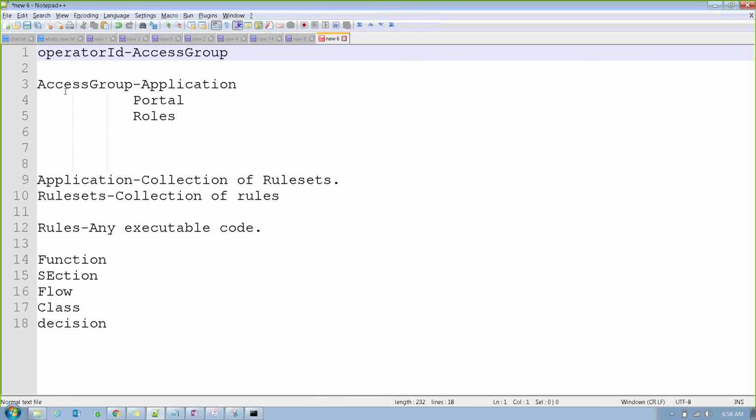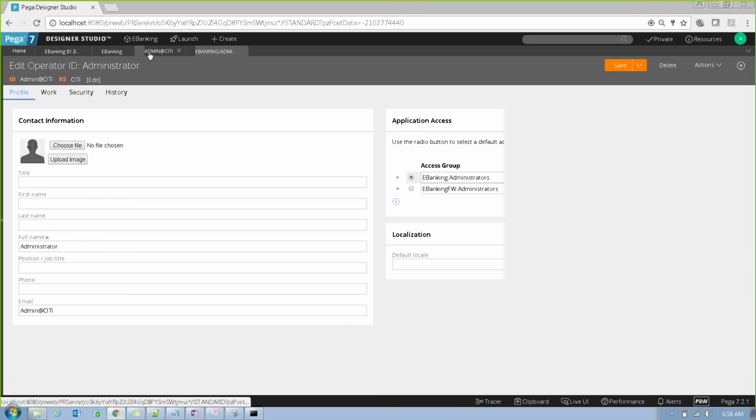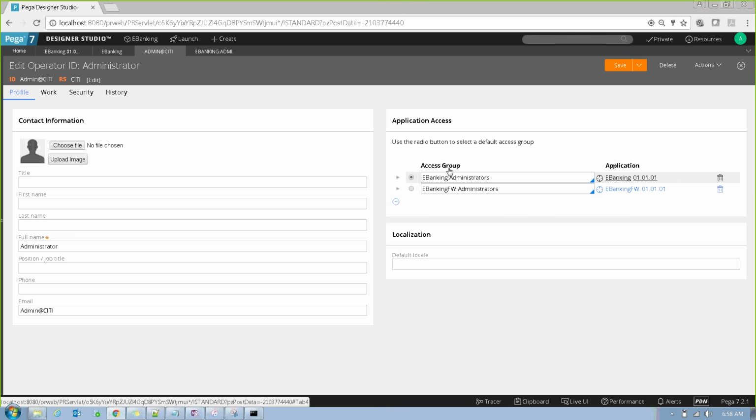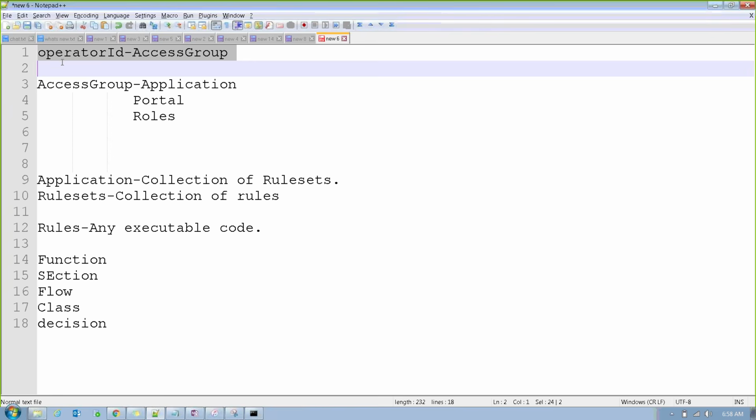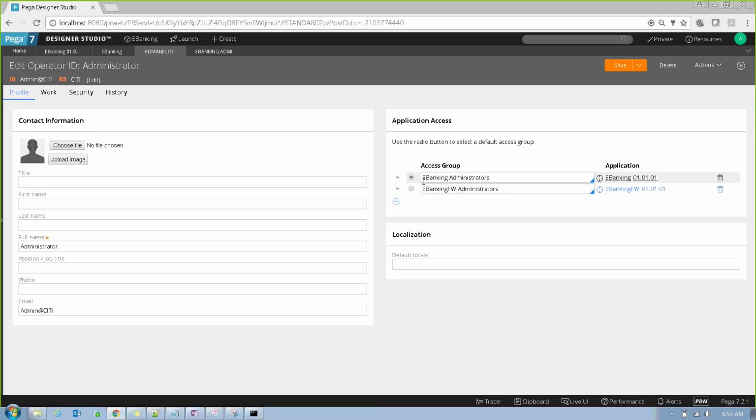Okay? So there should be a question on mappings. So how many access groups can I give to an operator? Should be a question. Okay? See, one operator can have any number of access groups. So it is one to many. Okay? So one operator can have any number of access groups. It's one to many. But you have a radio button here, right? So at any point of time,